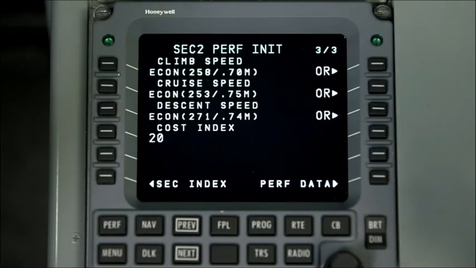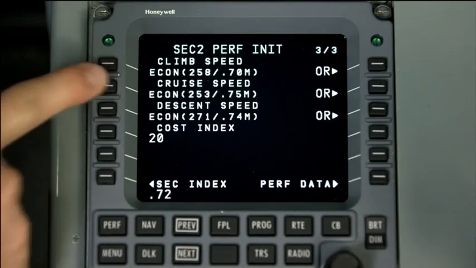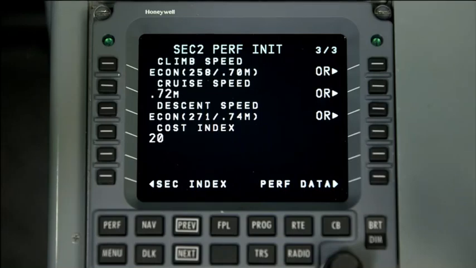For this particular scenario, ATC has advised that they would need you to fly Mach 7.2, so enter that for the cruise speed. The cruise speed is changed while the economic speeds remain for climb and descent. The original route of flight is no longer an option per ATC,